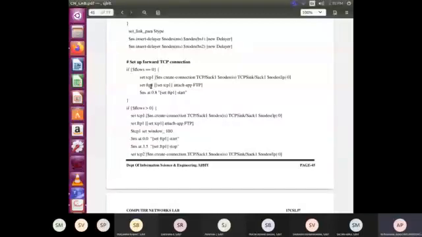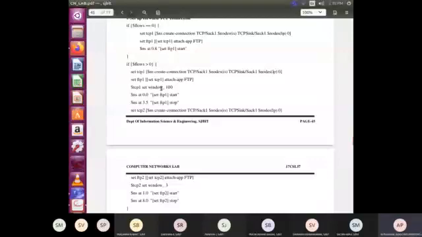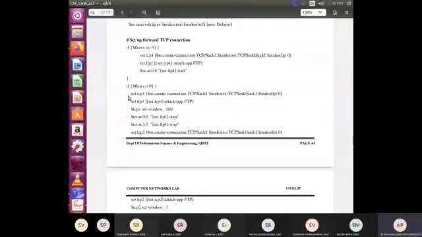If flow value is greater than 0, flow means, look at this, between sender node and BS1, it's flow 1, and the flow value is more than 0. What happens? We have to set the parameter values, that is, the TCP value and the application layer protocol FTP value, window size, and to tell when to start and when to stop the simulation.